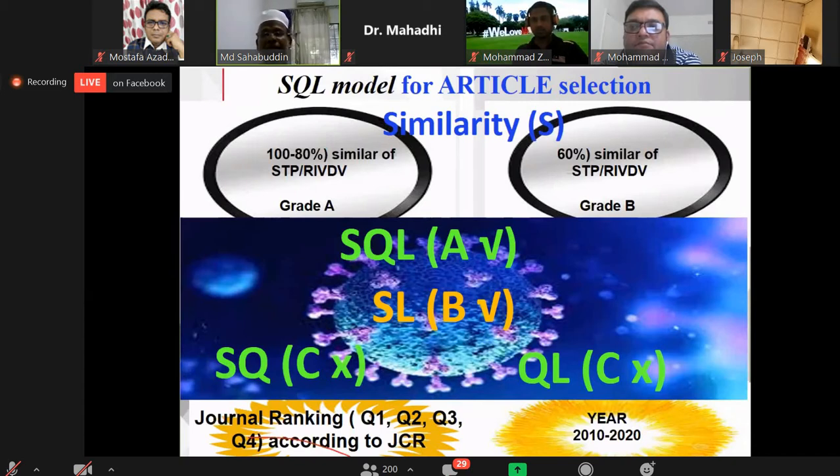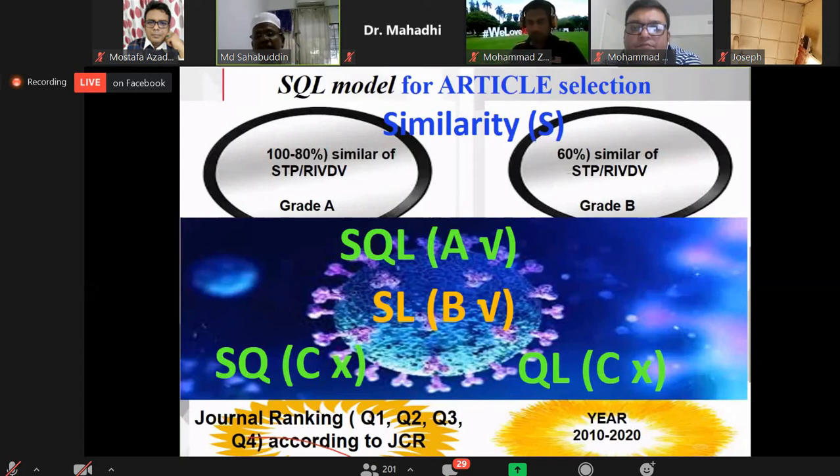Then another criteria, quality. Nowadays we need quality English, quality write-up, quality discussion. For this we have to know what a quality article is. Normally a quality article means under the JCR, Journal Citation Report, Impact Factor Journal, Q1, Q2, Q3, Q4, or under Scopus, Q1, Q2, Q3, Q4. So when I download the article from the website, I have to know whether this article belongs to any impact factor, like Q1, Q2, Q3, Q4. If you see Q1, Q2 under the JCR, that means a quality article. The second option is Scopus. From this idea, you can select your quality article.